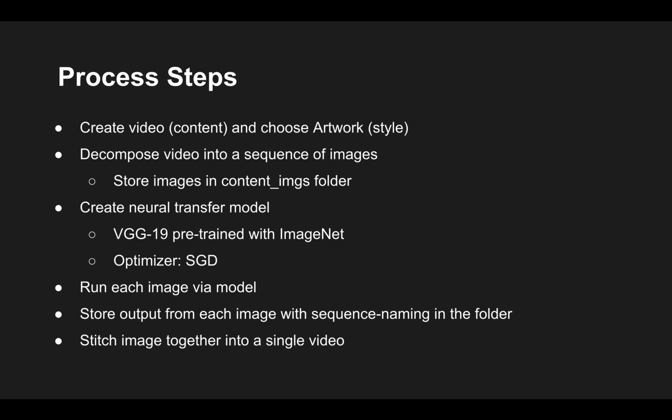Later, I will create a model, and for this project, I used VGG19, and I pre-trained that model with the ImageNet data. And as an optimizer, I used stochastic gradient descent. Then after the model is trained, I will take all images from the earlier created folder and run those images through the created model. The output, the new generated images, I will store in a new folder, and